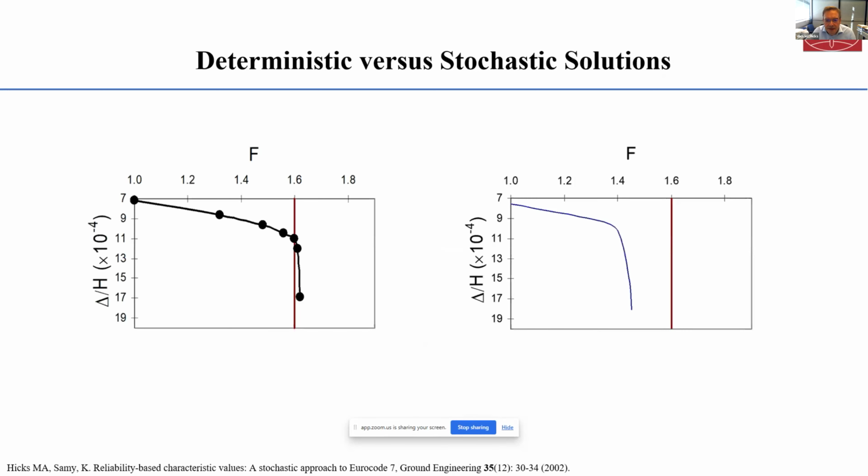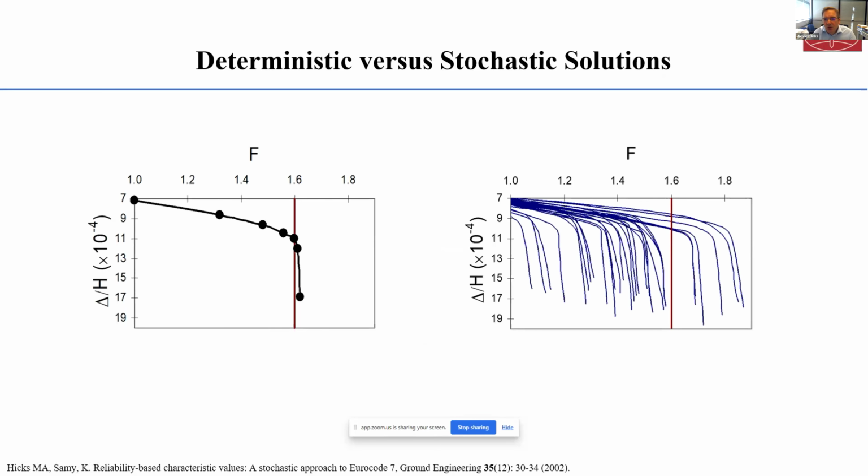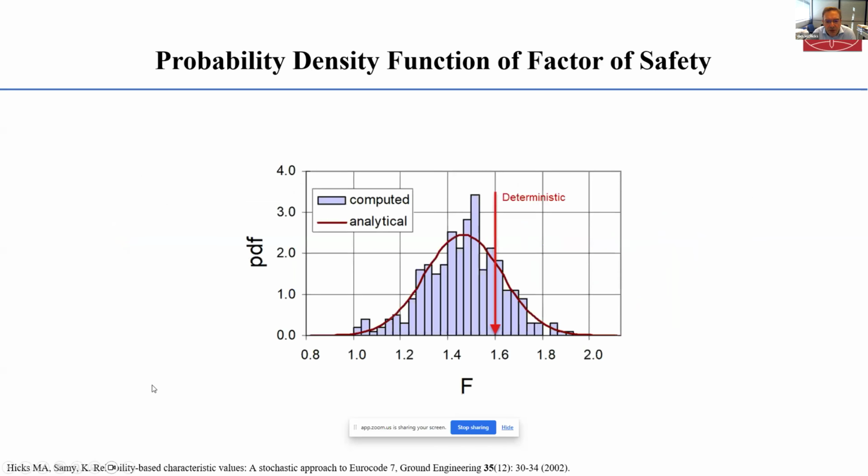And so if we go back to this analysis and we generate another prediction for the spatial variability for the slope, and we analyze the problem again, then we may find that the factor of safety is actually bigger than 1.6. And if we generate lots of predictions for what the spatial variability of this slope is like, based upon the same input statistics, we get lots of possible solutions. And in here, what we're doing is carrying out what we call a Monte Carlo analysis. So we carry out a Monte Carlo analysis to look at the full range of possibilities for the slope response.